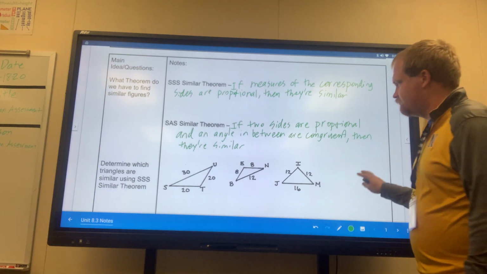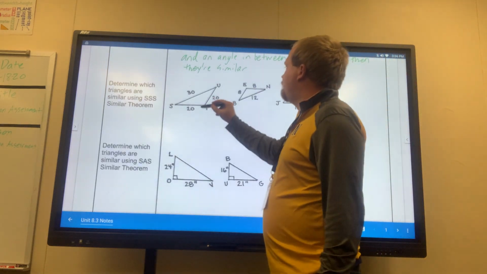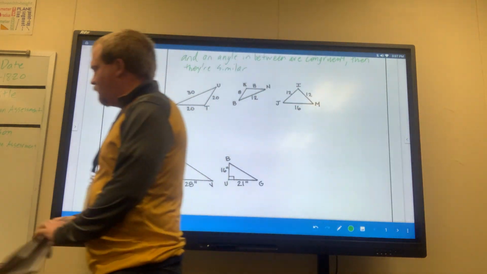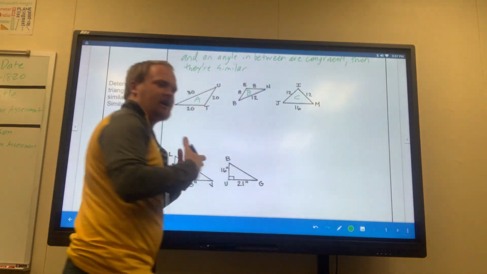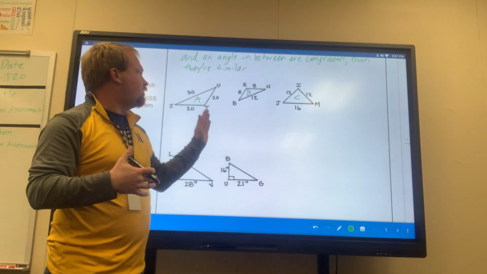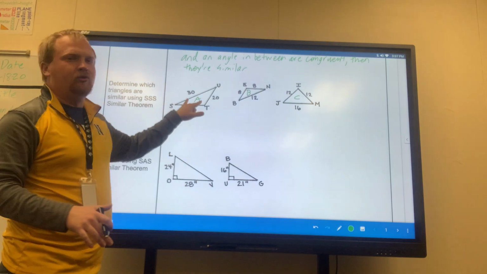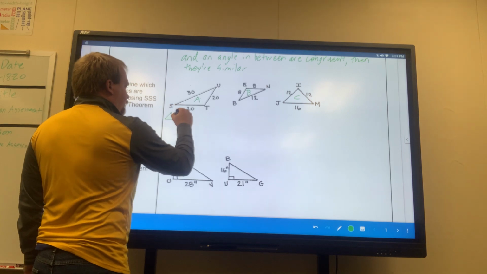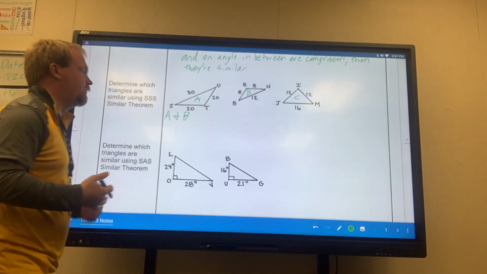So, looking at this problem right here, I wanted to determine if these three triangles are similar to each other. Just to make things simple, I'm going to label these as A, B, and C, so that instead of saying triangle STU, triangle BEN, I don't confuse you with all those letters. Okay? So, if I want to compare triangles A and B,